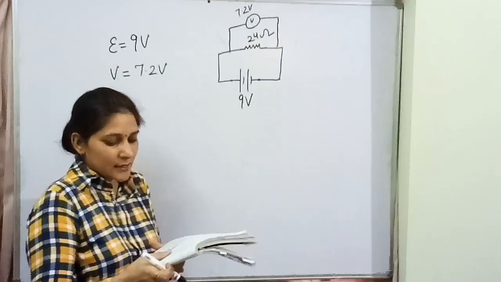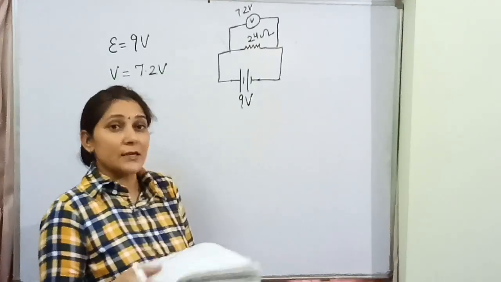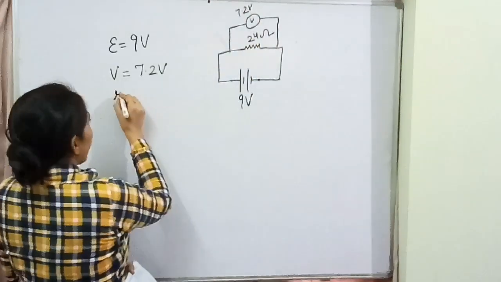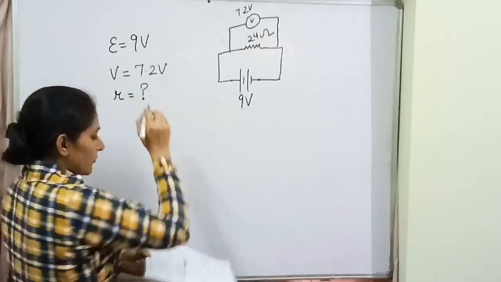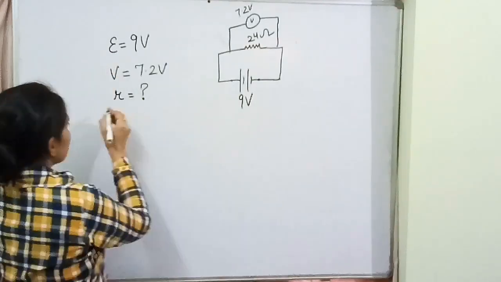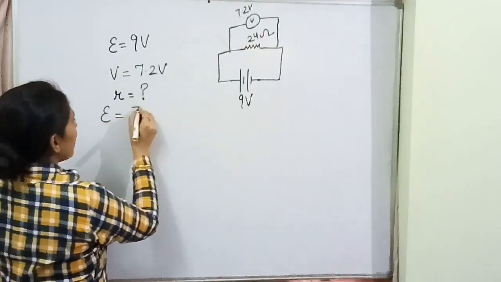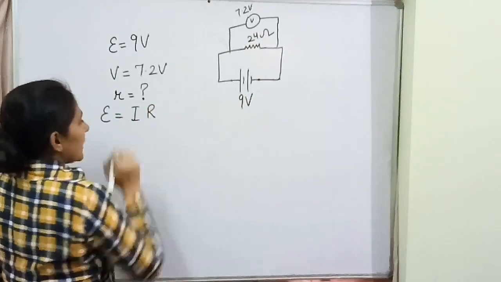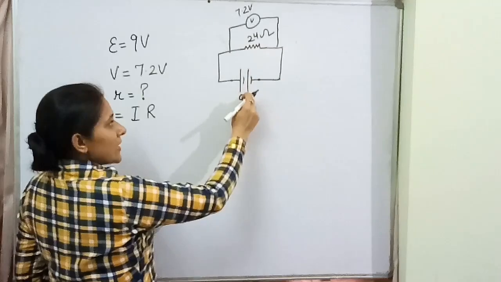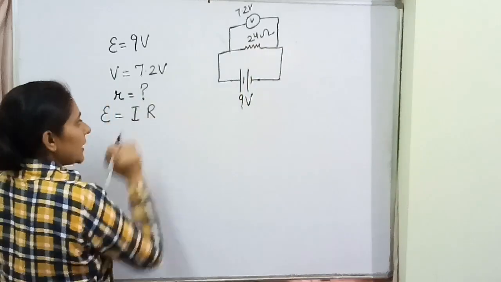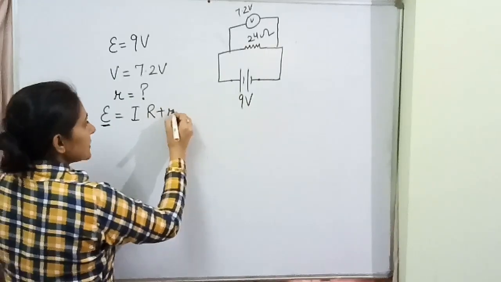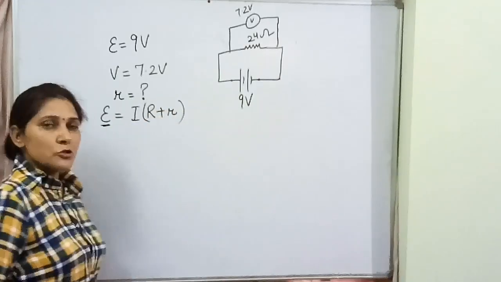Now what they are asking is, they said calculate the internal resistance of the battery, जिसकी वजह से ये potential drop हुआ है, that is internal resistance, that we are supposed to calculate over here. Okay, now we have two relations. EMF of the cell is given by I into R. Here R means the resistance which is connected outside the circuit as well as the inner resistance. So total R we are talking about when we are talking about EMF. So R plus r, total.